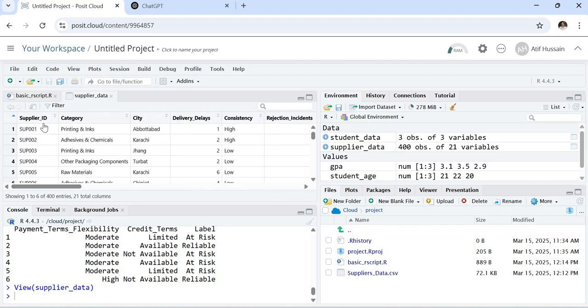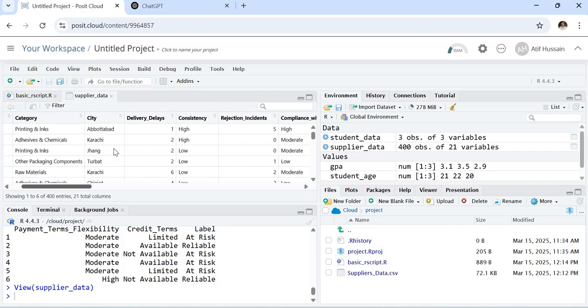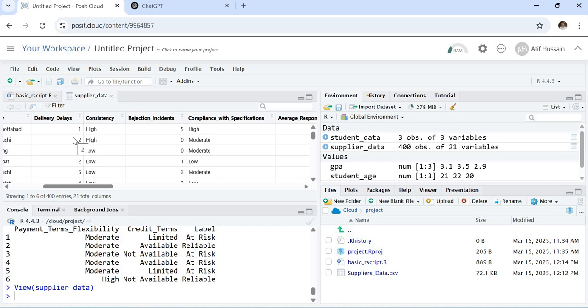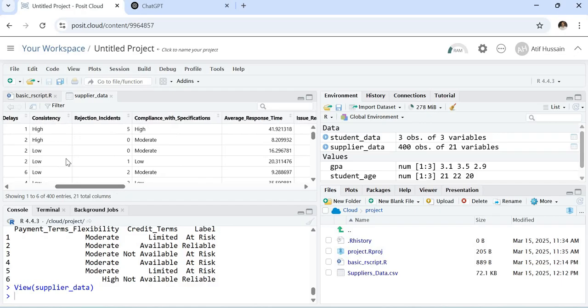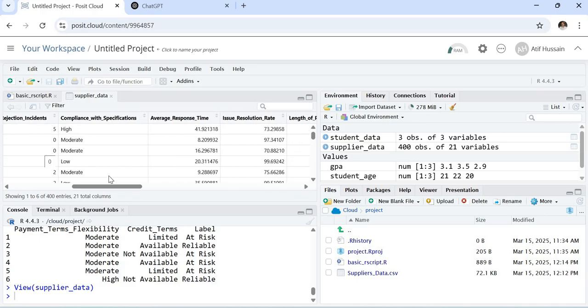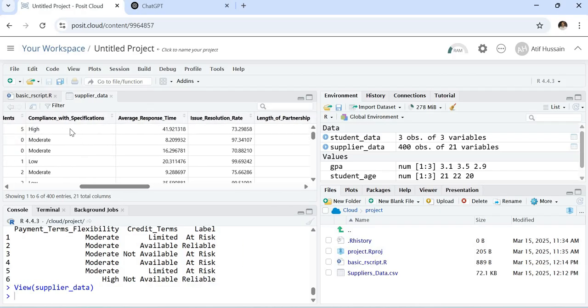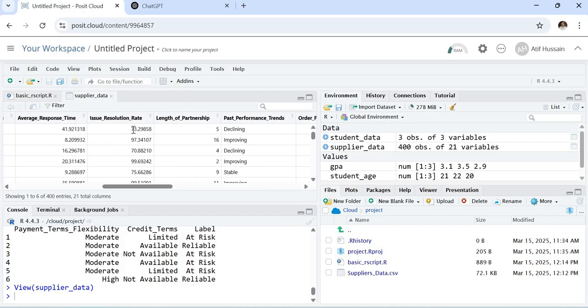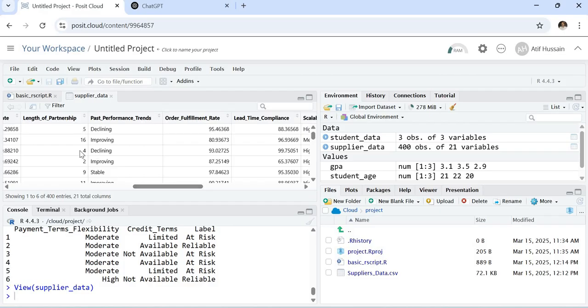So I can see that the first column is supplier ID, the second is category, the third is city of the supplier, and then we have delivery delays, how many delays have we faced from this supplier, consistency, which is a rating of high, low, rejection incident, how many times the deliveries from this particular supplier have been rejected, compliance with specification, high, moderate, low, again some categories, average response time, this is maybe 41, this is probably in hours,